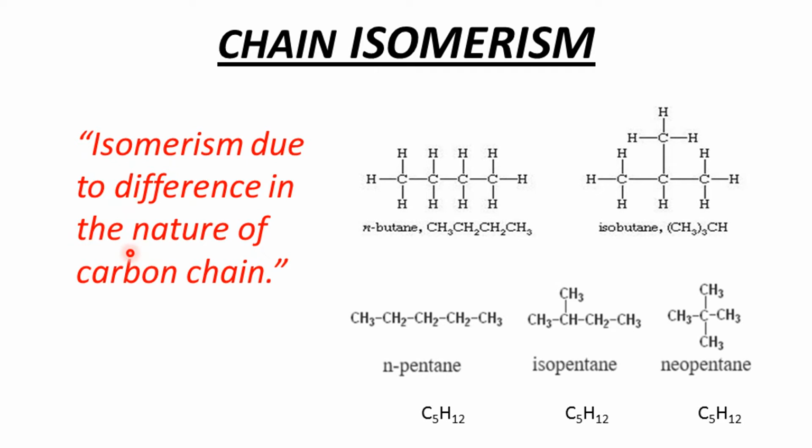Chain isomerism is that isomerism which arises due to difference in the nature of the carbon chain. Now you can look over here: this is normal butane, and this is the structure of isobutane. In n-butane, you will see that we are having 1, 2, 3 and 4 carbon atoms in a straight chain. Now if we remove the methyl group from here and insert it at this carbon atom, removing this hydrogen atom, then we will get this structure. This structure is called isobutane, or 2-methylpropane.